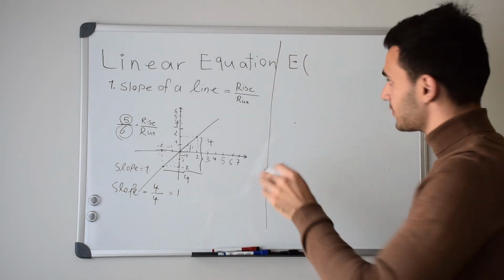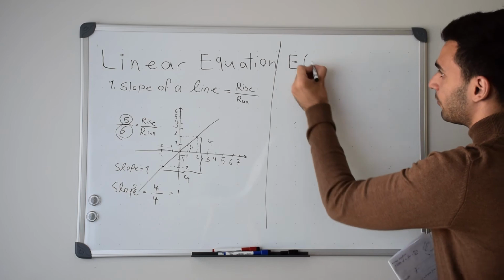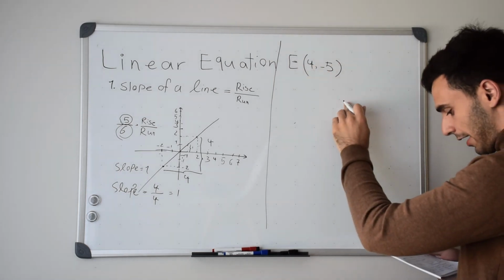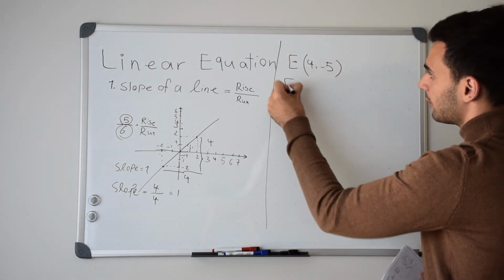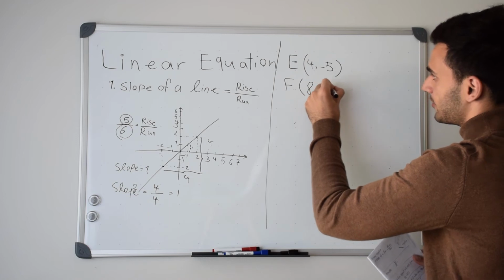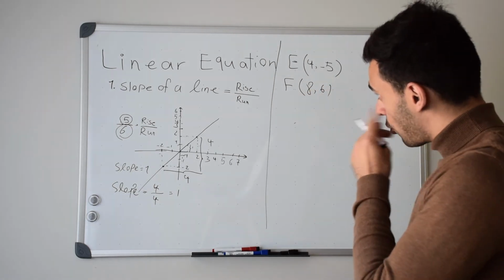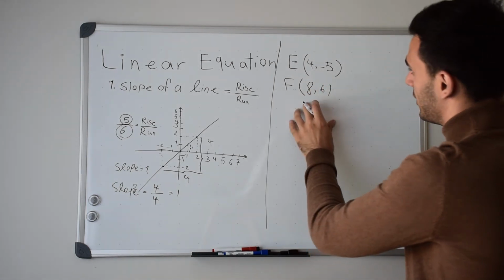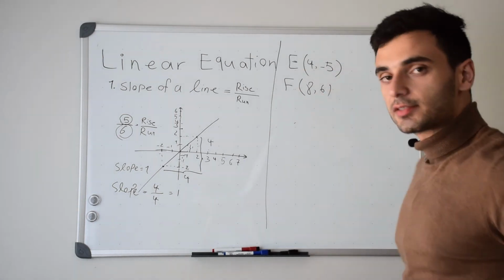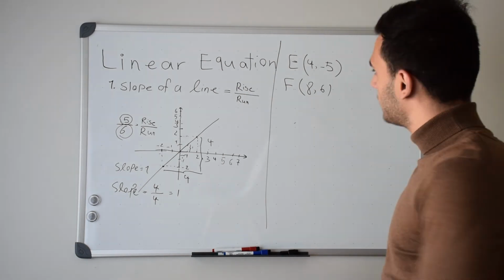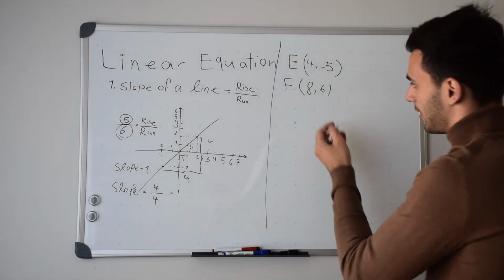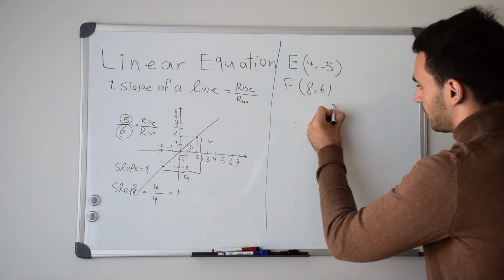We have 2 points, with the coordinates of 4 and -5, and then we have F. So the points is 8 and 6, okay? And the question asks us, if we have a line that passes these 2 points, what is the slope of that line? So the first thing we can do is actually draw the line and see what's the slope,